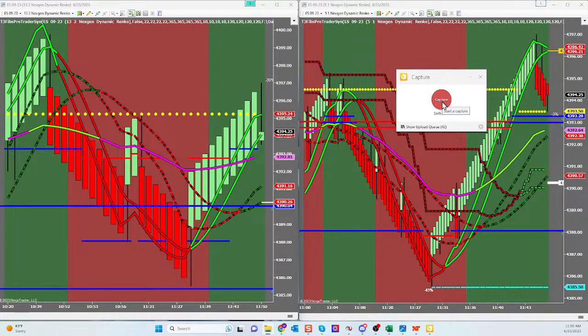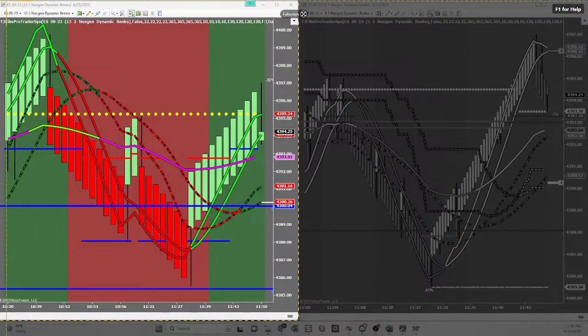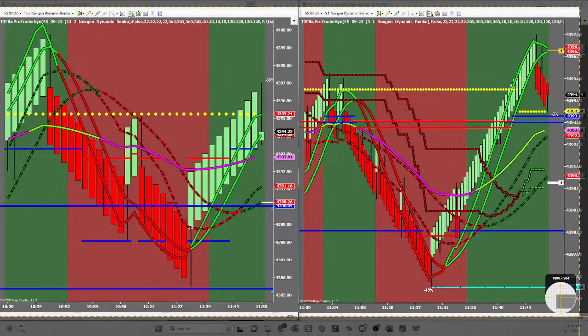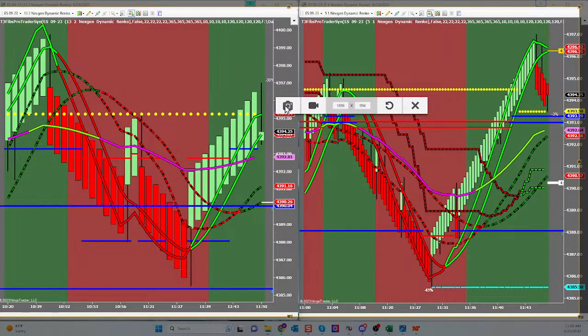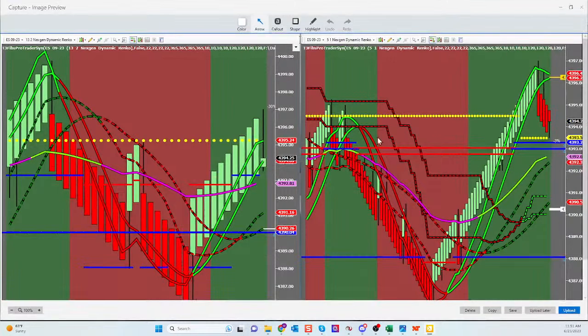Samuel, if I click this big red button that says capture, it's going to set me up to take a picture. I'm going to left click in the upper left hand corner of my big chart and drag it all the way down to the bottom of my small chart. When I release it, TechSmith Capture is going to give me some options. I can take a picture. I can capture a video. I can go back and take a different one. I can cancel everything. I can even change the dynamic of whether I want it bigger or smaller, and it'll go through. And then I just click the camera. And when I click the camera, up comes my image preview.